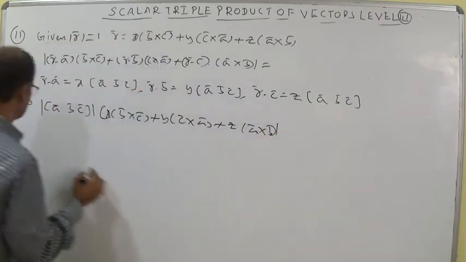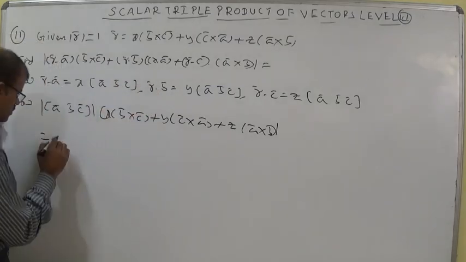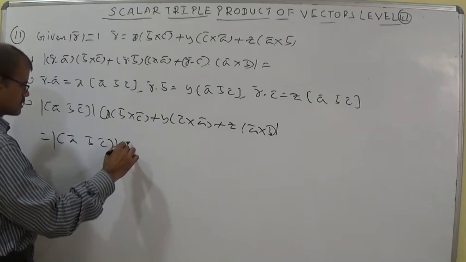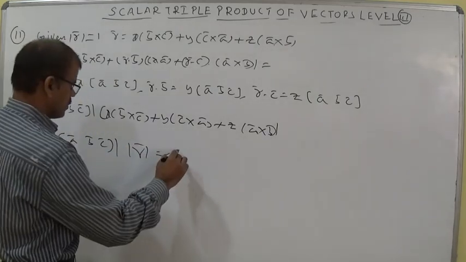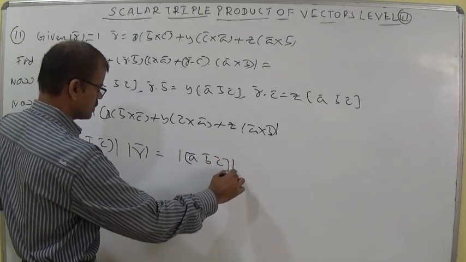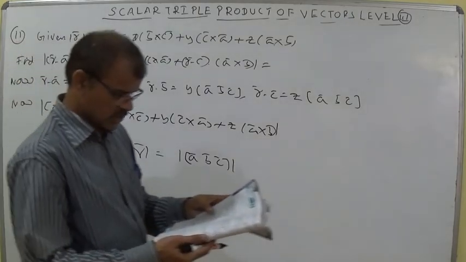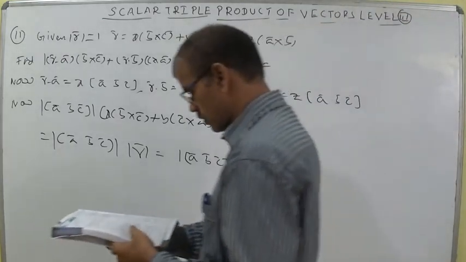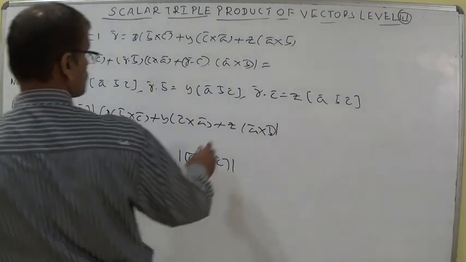This is also modulus. So what we got? Modulus of R we got. Box ABC into modulus of R, and modulus of R is 1. That is equal to, simply you put, modulus of box ABC is the answer. It is the third option. Students, the first option, simple box ABC, is also there, but modulus of box ABC is only the third option. Let us discuss the 12th question now.